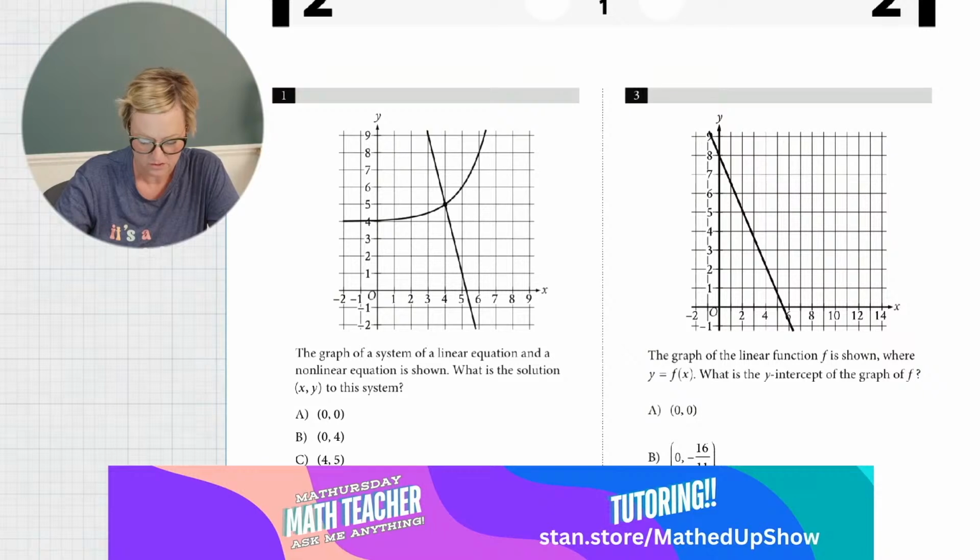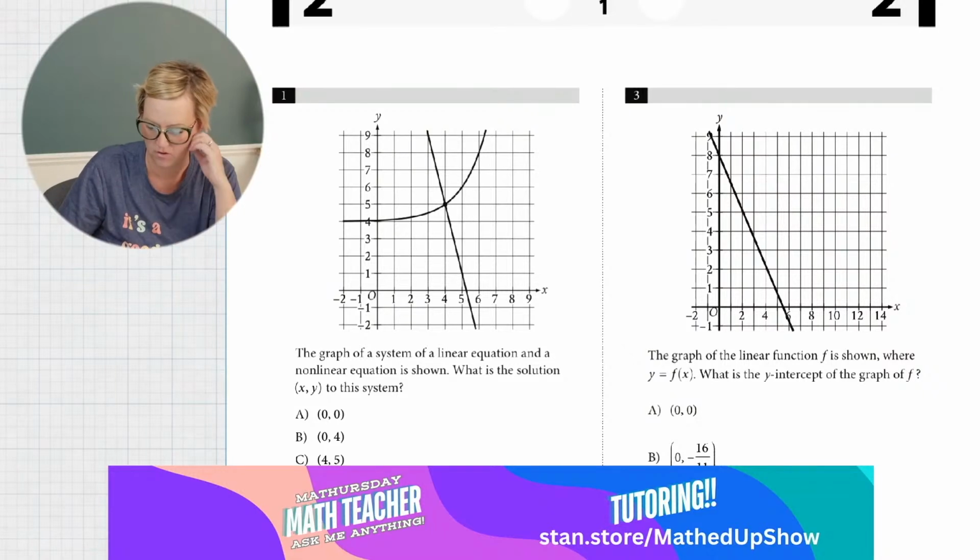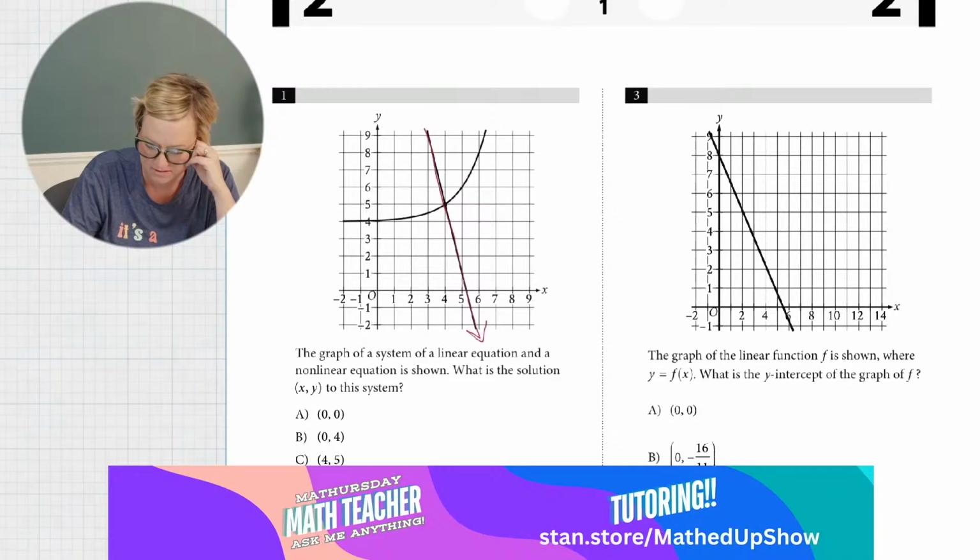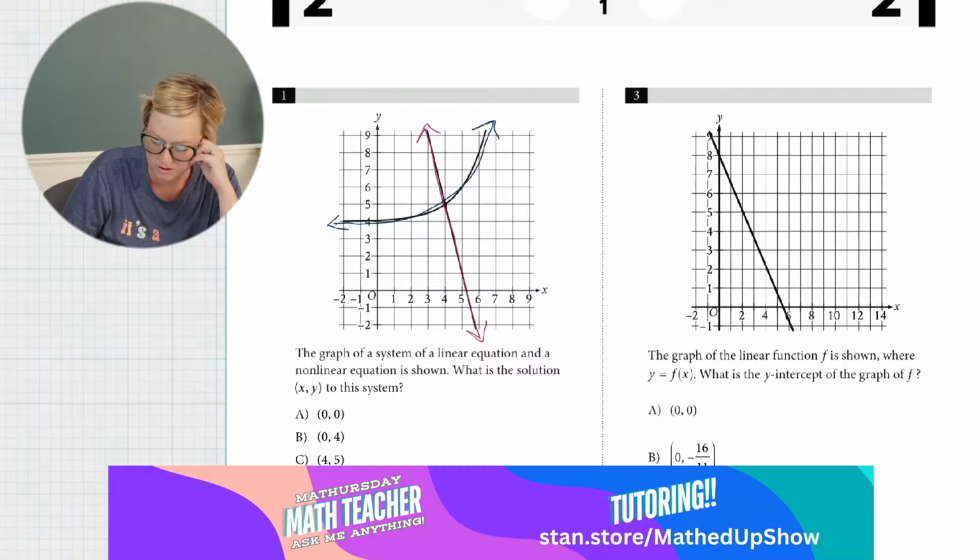Okay. So we have a linear equation and a nonlinear equation, right? So the linear equation is the one that looks like a straight line, which is this one here. And then our nonlinear equation is the one that's not a straight line. So that's going to be kind of this curvy one. Now, the solution